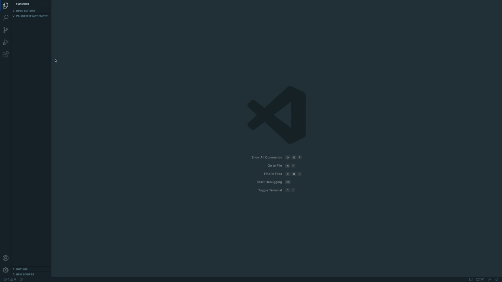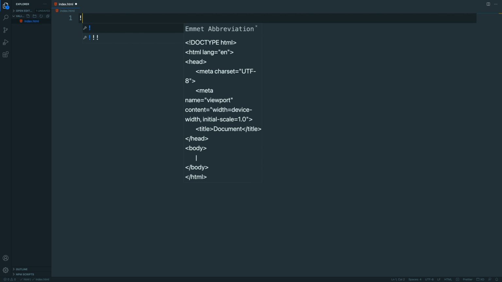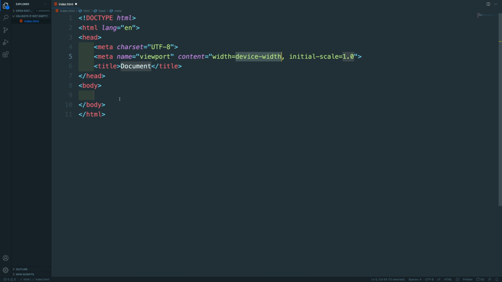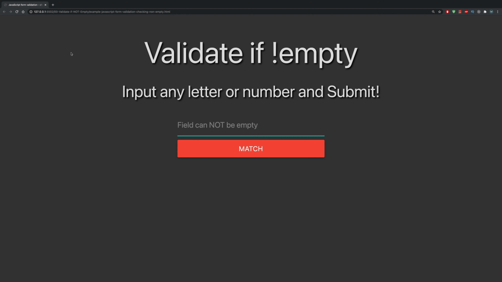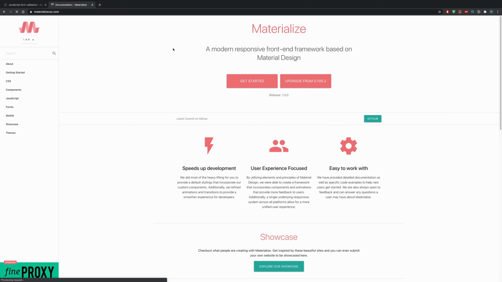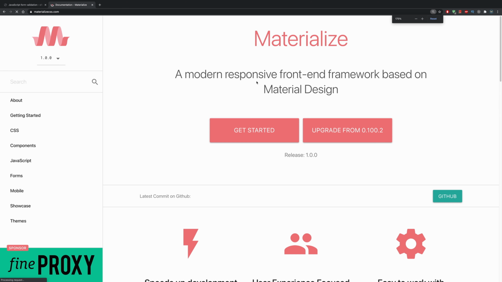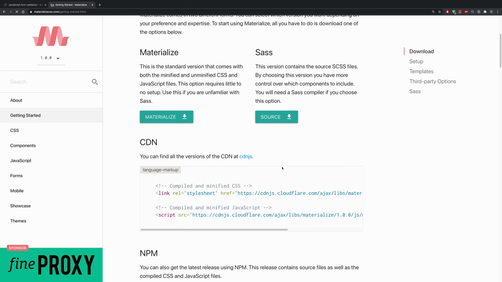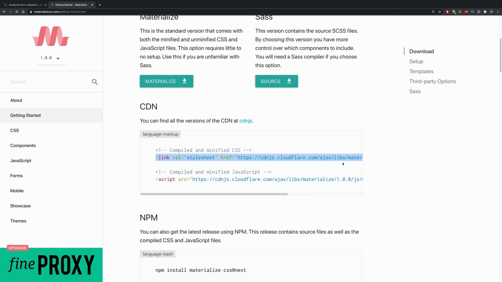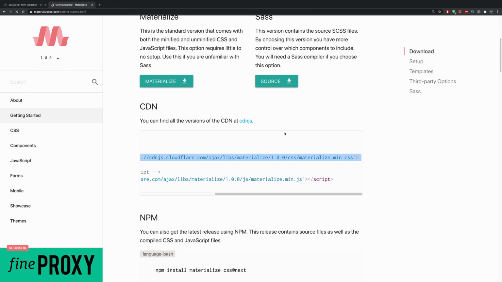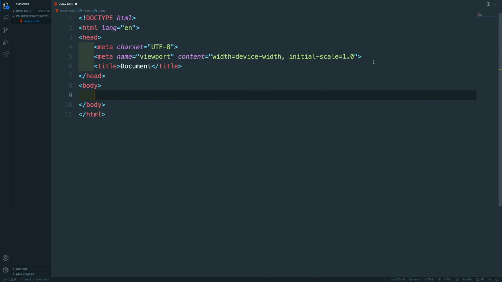Now I just created an empty folder, so let's populate this with the index.html. Let's go ahead, create a boilerplate, shift exclamation mark, and right up here, I don't want to do that much styling, so I'm going to use materialize CSS. Now you can go to materialize and click on get started, and this will send you right here. You just need this link. Copy it and paste it up here